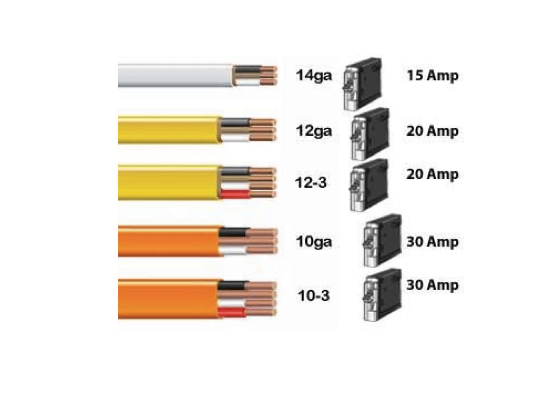This graphic depicts 5 examples of NMD wire of various gauges from number 14 gauge up through number 10 gauge, in 2 and 3 wire configurations, along with their required breaker ratings. You will notice the individual wire colors that are found in these types of wires that are rated for 120,